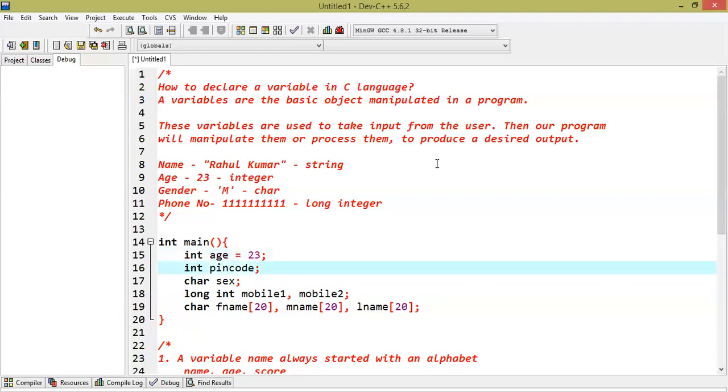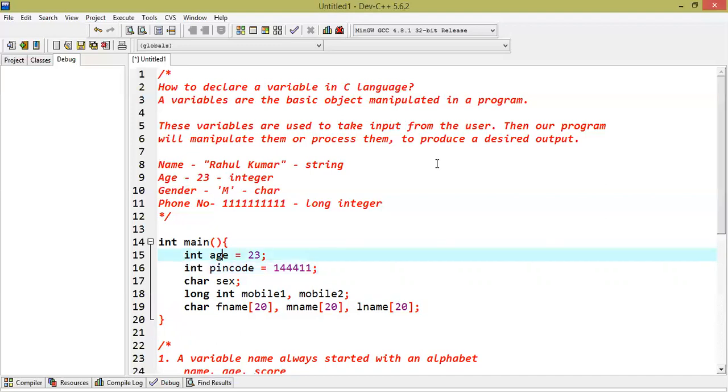Similarly, we can also do the same thing for the pin code. Suppose for the pin code we are entering 1444111. You can enter any value, but you should remember that the type of the value should match the type of the variable.